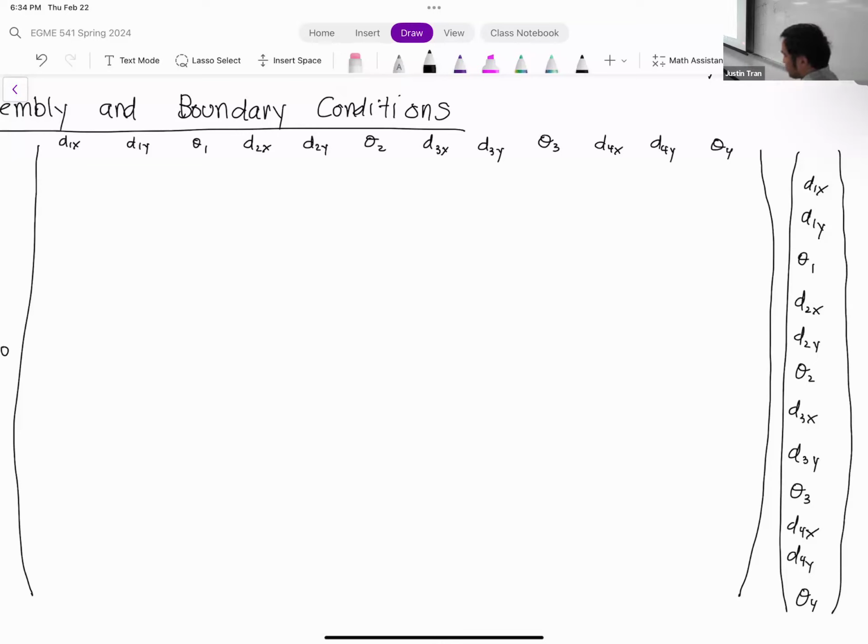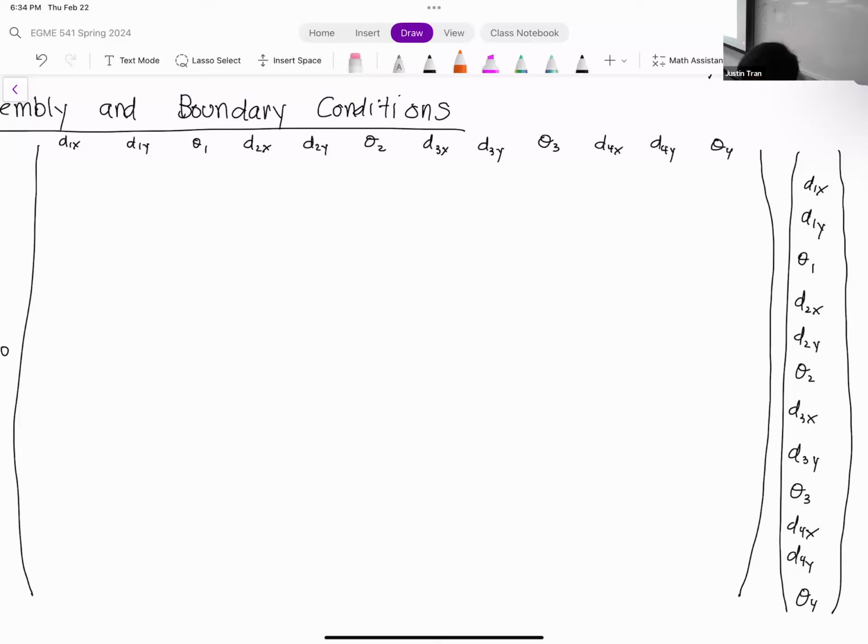Okay. The forcing vector is there as well. It's just we'll deal with it later. Okay. So first thing, since we know where the fixed boundary conditions are, let's just go ahead and write that in directly here. Okay. We know we have fixed boundary conditions on node 1,